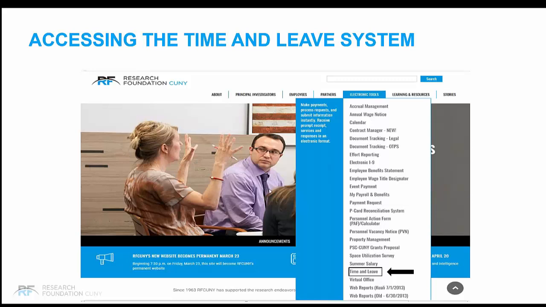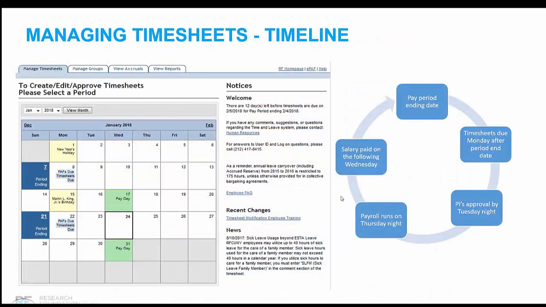Once you log in, you would hover over Electronic Tools, then click on Time and Leave. This will bring you to the Time and Leave Management System, which is a biweekly pay cycle. The ending of a pay period is indicated in blue in the calendar.